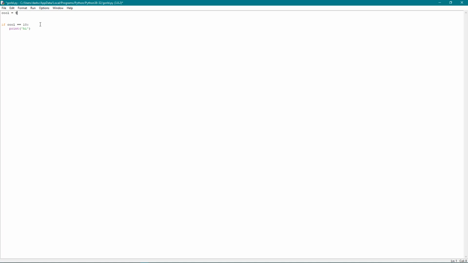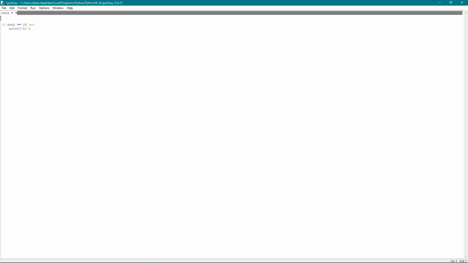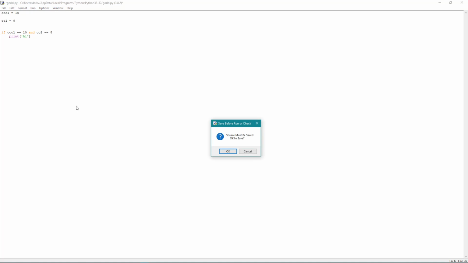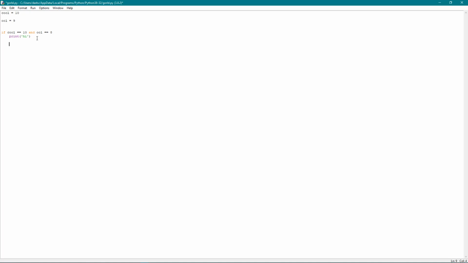It's very simple. Let me actually demonstrate with another variable. I'm going to copy paste this. I'm going to call it Kool-Aid. I'm going to call it oo. Let's make this 10. I'm going to make this 9 and oo equal to 9 and equal to 8. If we do F5, actually no, it won't say anything. I'm going to put the else statement in. Else print